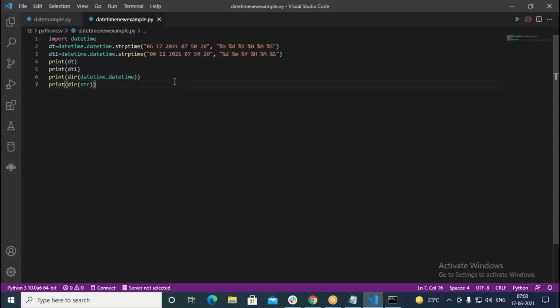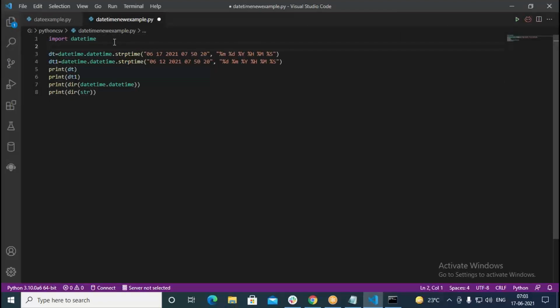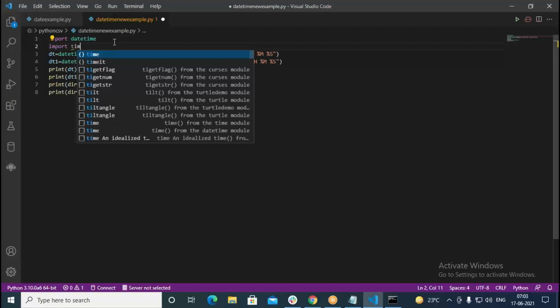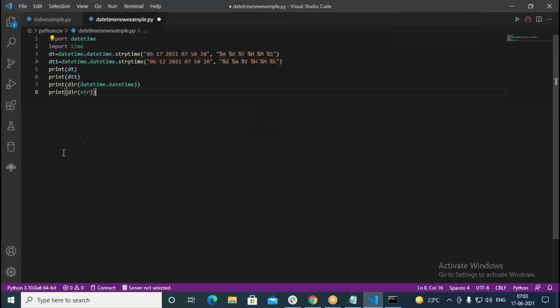Now I have taken date time here. This time I go with the time namespace or module as well. I say import time, followed by print.